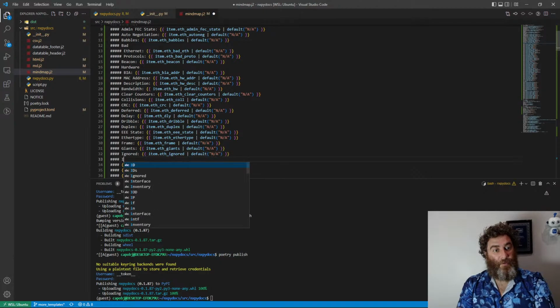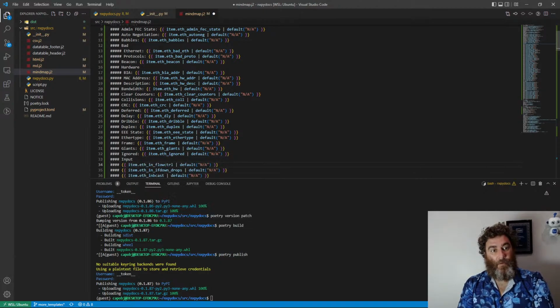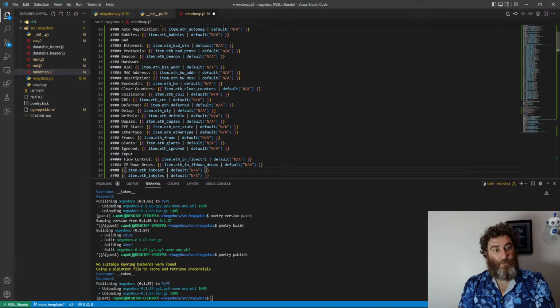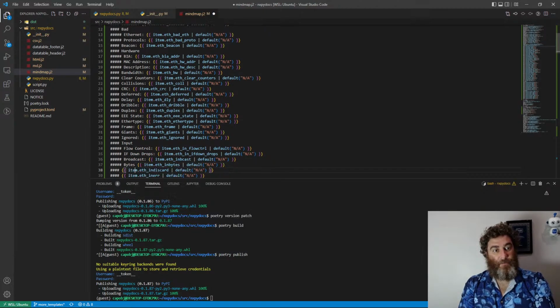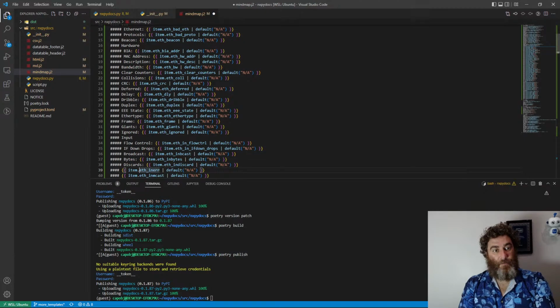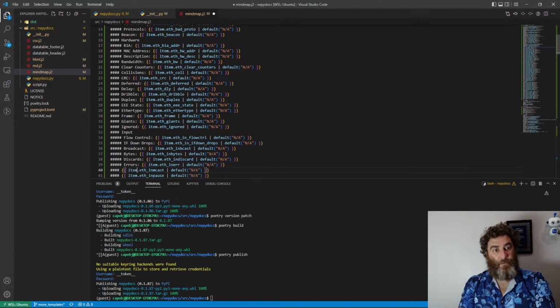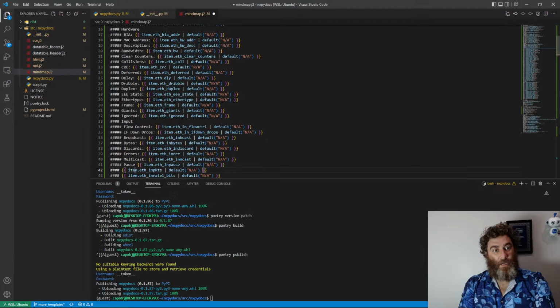And now we're going to do input and do flow control, IF down drops, broadcast, bytes, discards, errors, multicast, pause, packets,